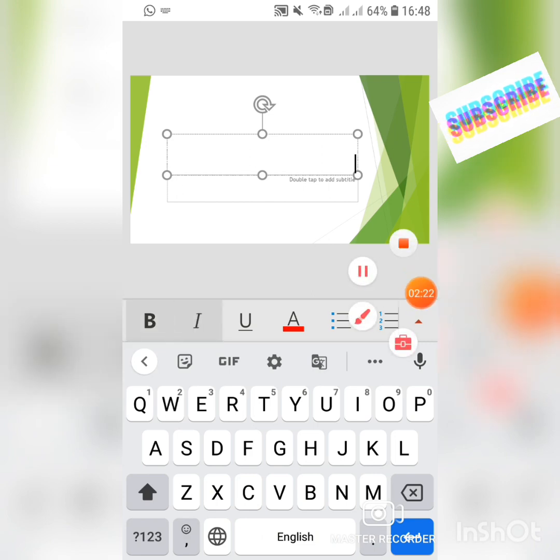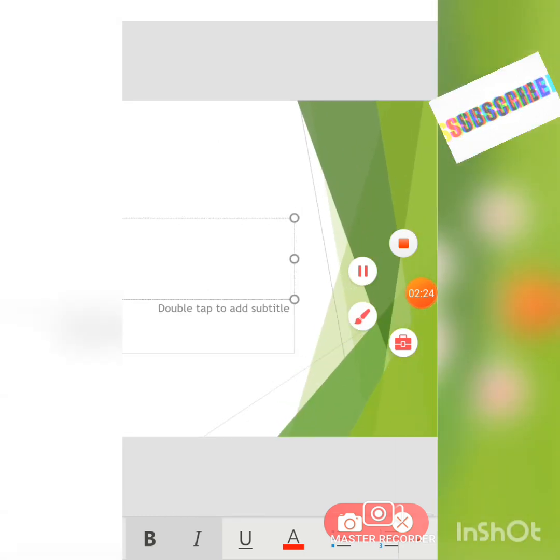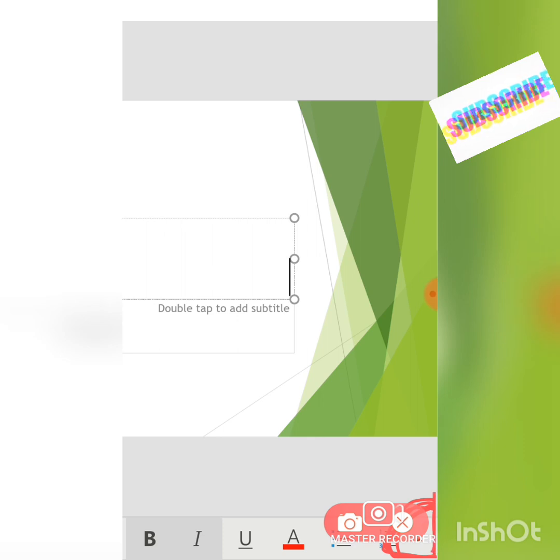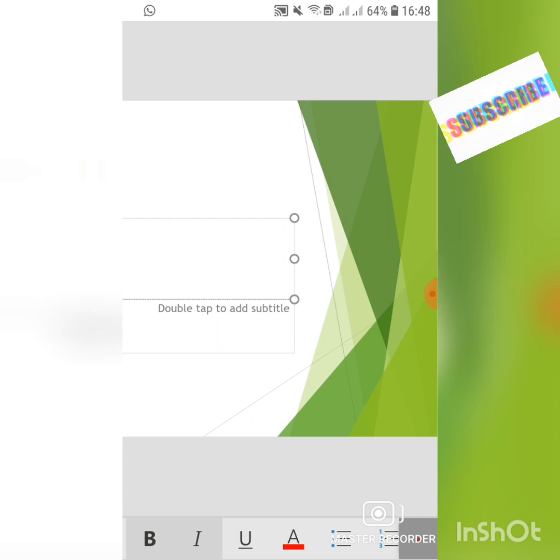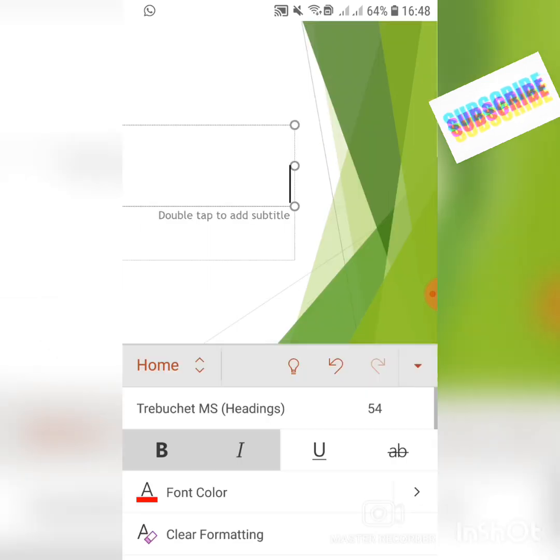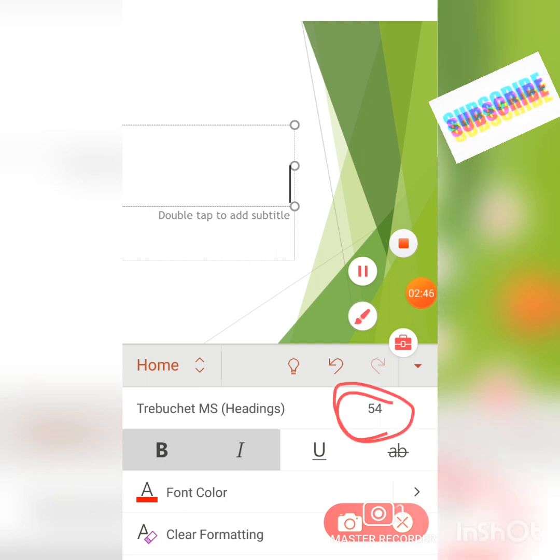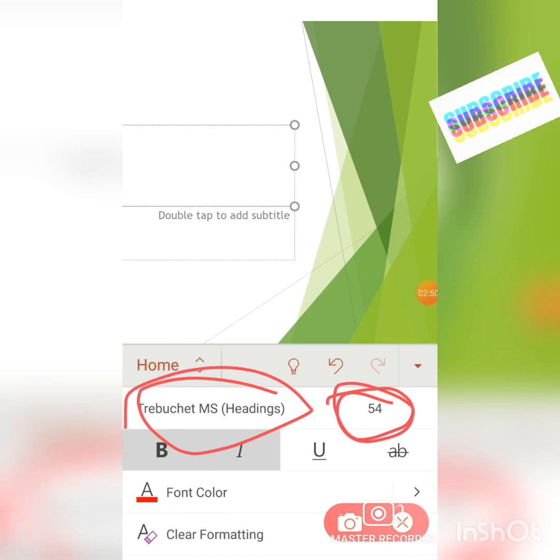And here one more option is there, which is just hidden down. This one, I hope you can see. This arrow type. If I just press this, then you can see it. Yes, this one. I pressed it for a long time. I'll just click on here and can increase my text size, by giving another number instead of 54, and design here.